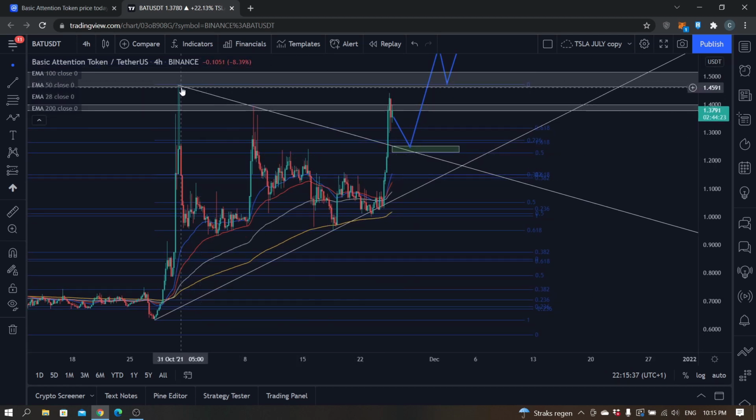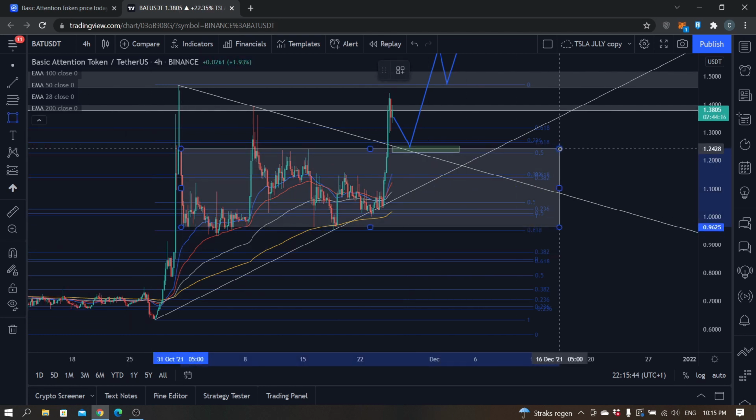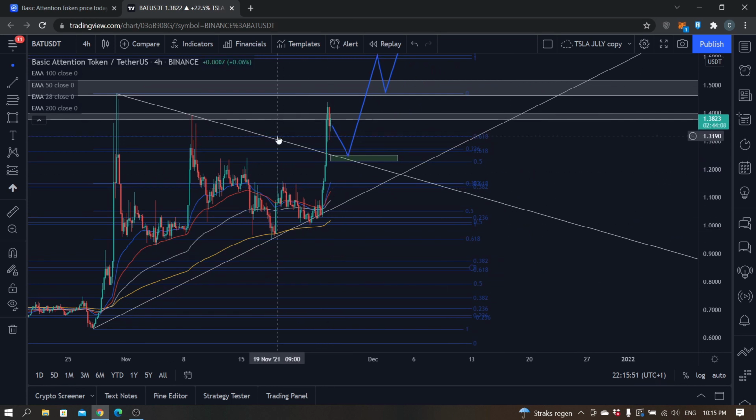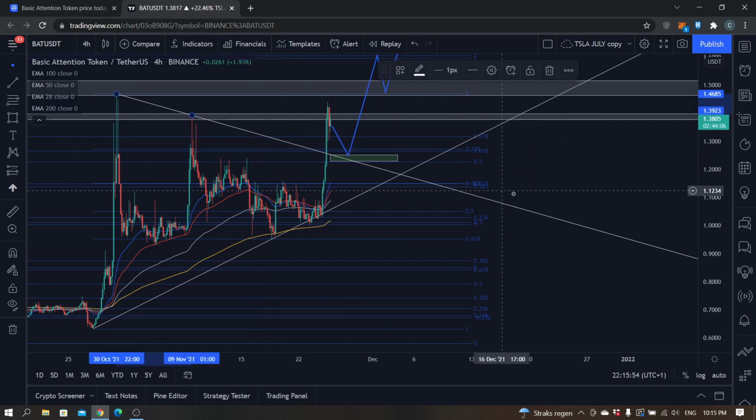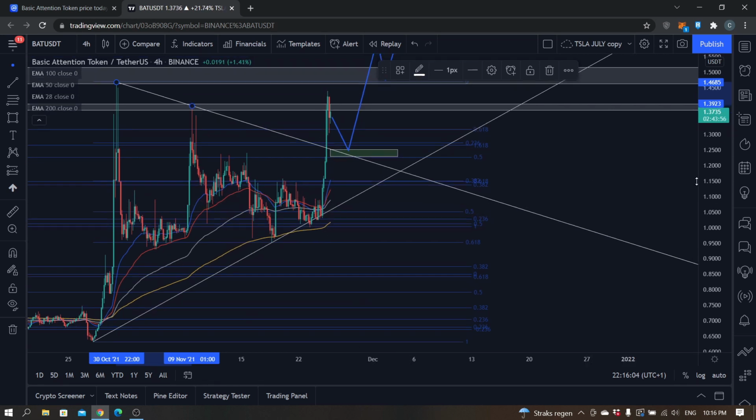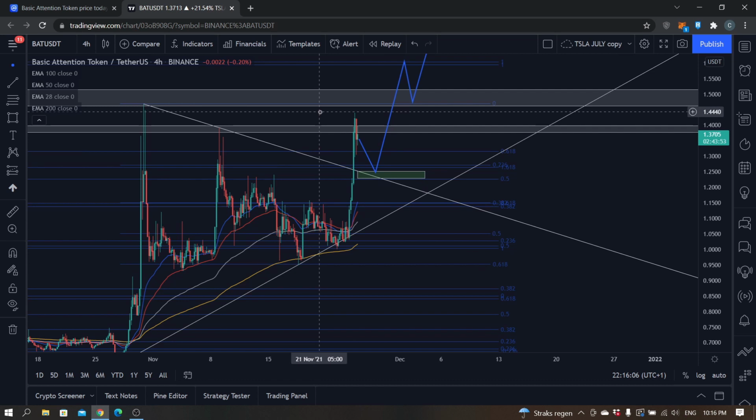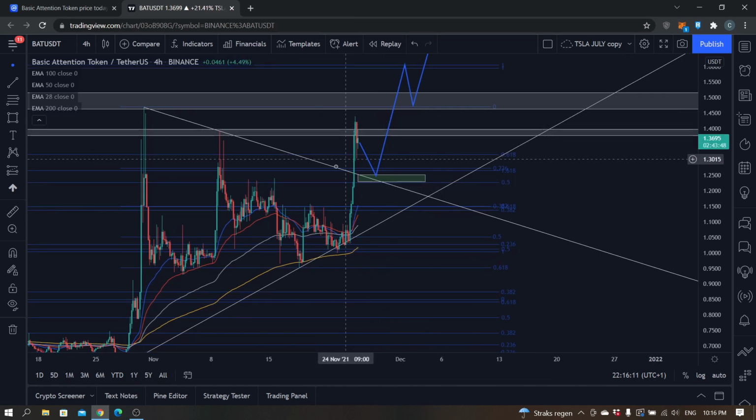So here we saw that the price was trending downwards a little bit. I think you can argue that it's a consolidation between 96 cents and 1.24, with some breakouts right here, which didn't really stick. But now price has actually broken out, also out of this trend line, which I thought would be quite a strong trend line. We just saw quite a few touches on this trend line right here, which usually indicates a big bull move is going to happen. So now price has found resistance at 1.44, and I actually think price might drop down a little bit.